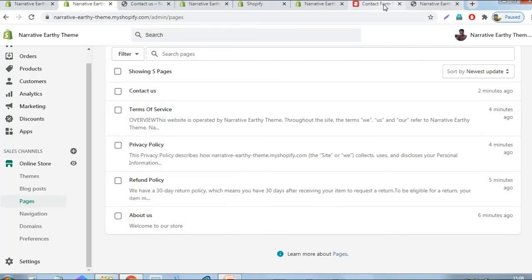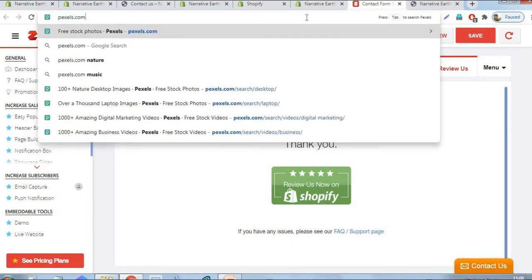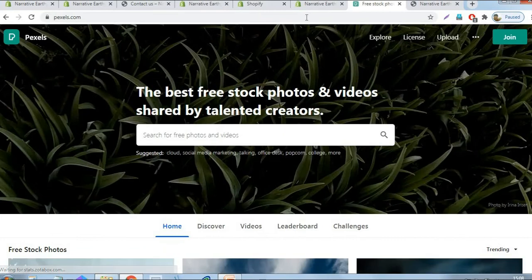The best site you can use is pexels.com. From this site we can get a lot of free stock photos to use in our web store. We can use them in the slider area, banners or any other parts. Actually, these stock photos are completely free. We don't need to pay anything, and there's no need to give any credit to the photographer either.